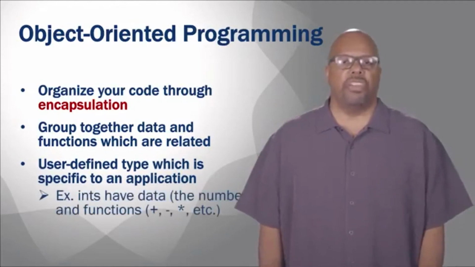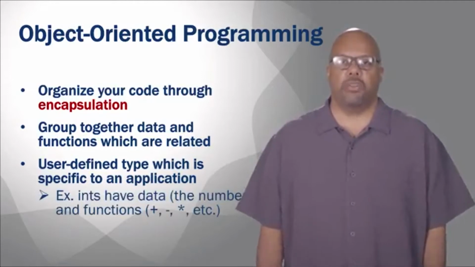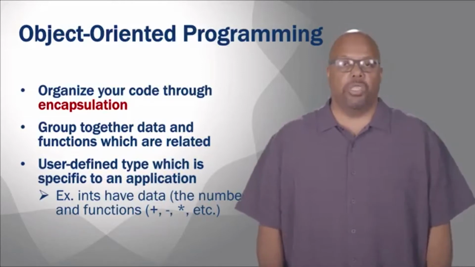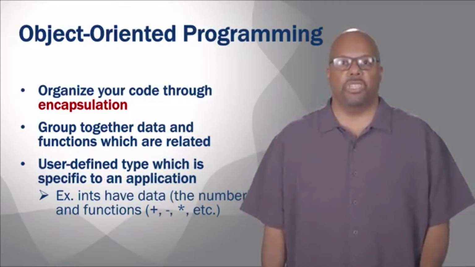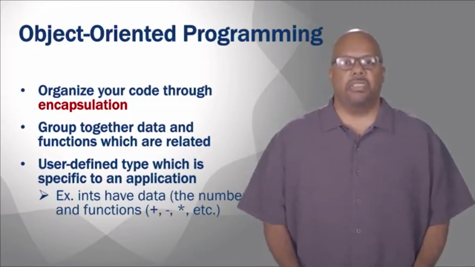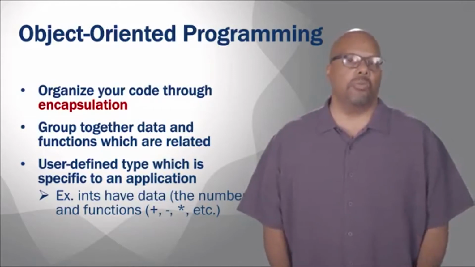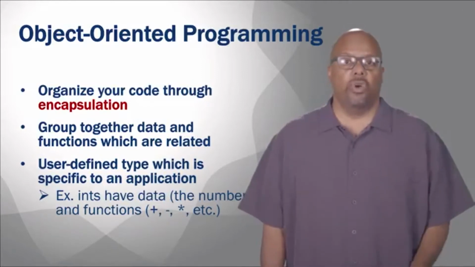So typical types, you have integers, floats, that sort of thing. Those are generic, right? You can use those in any kind of program. But when you're making a specific application, you might like to have a type that is specific to that application domain. Object-oriented programming allows you to create that. If you think about a standard type like an integer, it has data, the value of the number. And then it has functions that you can apply to the data: addition, subtraction, multiplication, that sort of thing. So a type has data and a set of functions that you can apply to the data.